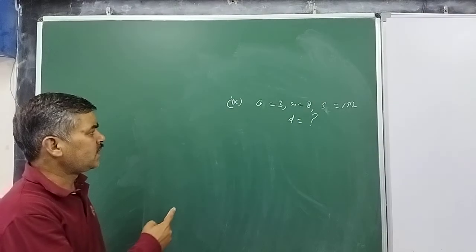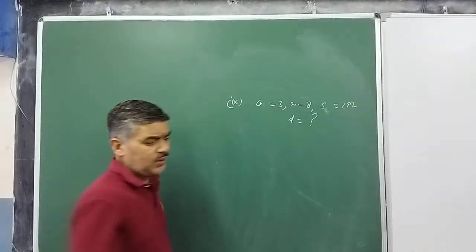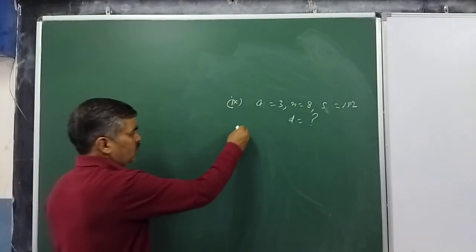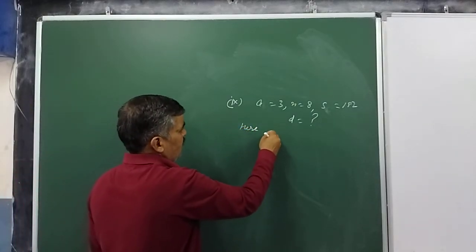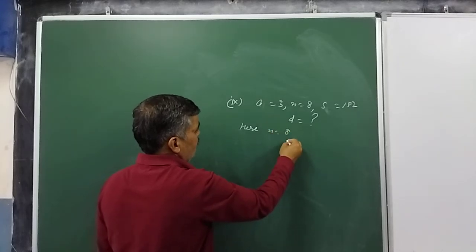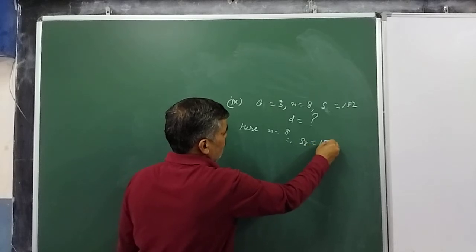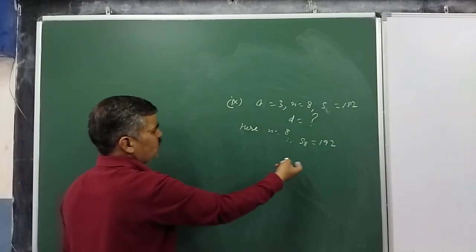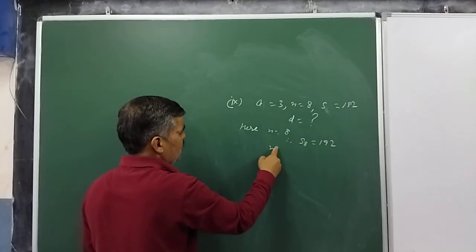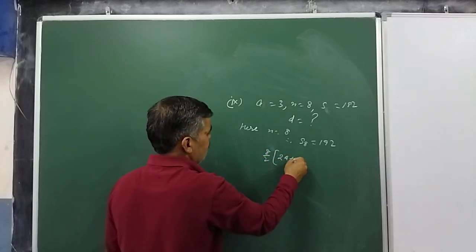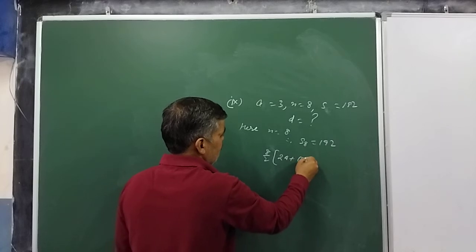So this is very clear that when n is equal to 8, we are given with S8 is equal to 192. So here we can write n is equal to 8. So therefore your S8 is equal to 192. Now you can make use of that. n by 2 means 8 by 2 into 2a plus n minus 1 means 8 minus 1